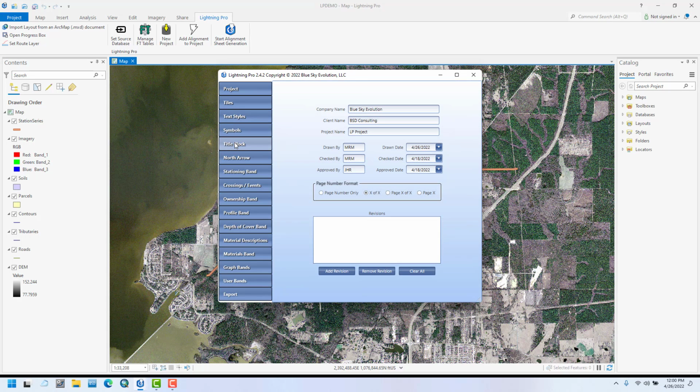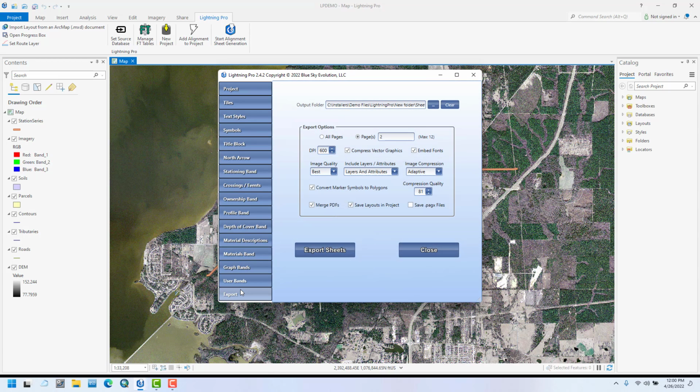So we'll go to the very bottom, we'll hit export. And in the export, you'll see where the output folder is. You can go in and select a new location. Which sheets we're going to build. In this case, we're building sheets 2, 3. And then how do we want those sheets to look? So, what's the resolution, default information about it, and then we'll go ahead and we'll open up the layouts in